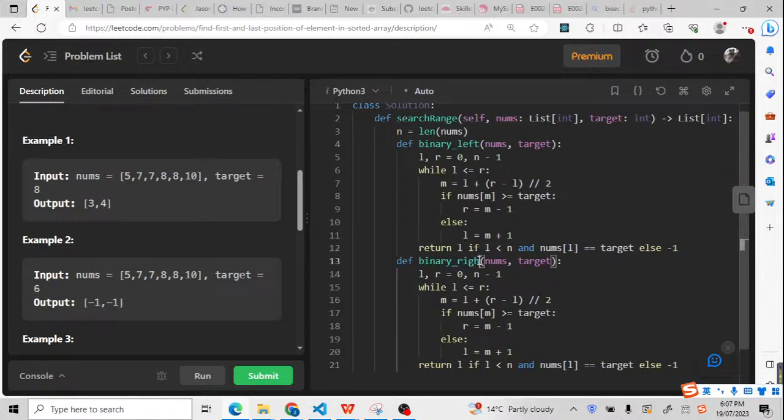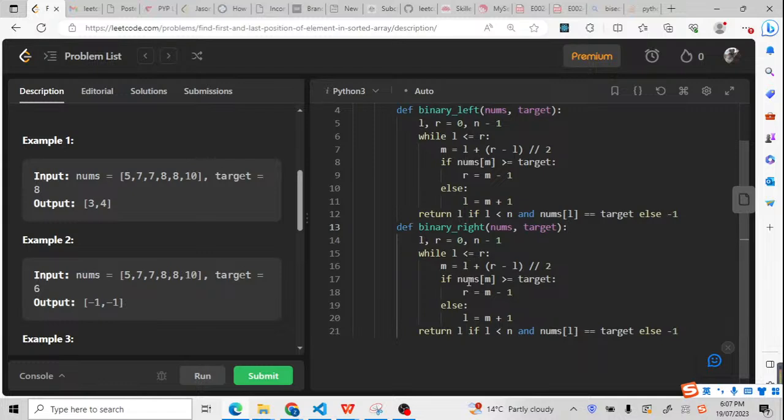The binary right should be nums to target, and here also the same. And here, if nums m is less than or equal to target, so the L pointer should be m plus 1, and the right pointer should be m minus 1. Because if nums m, for example here, is more than target, so R should shift here. But if it is less than, we find a lot of 8,